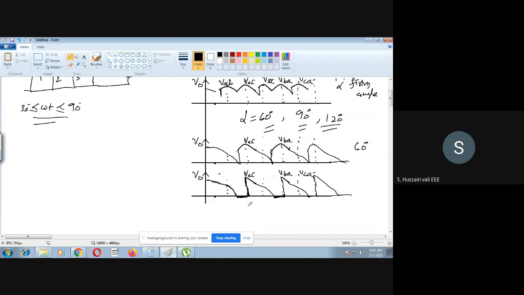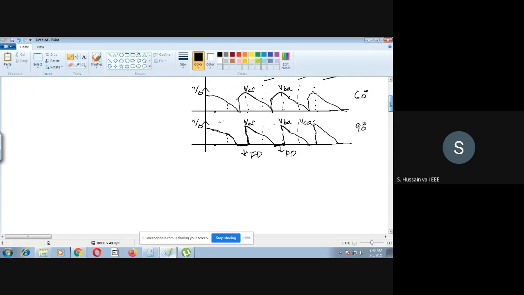Now you see that there is a delay here. In this delay, your freewheeling diode will conduct. So this is for 90 degrees. Similarly, you can draw for